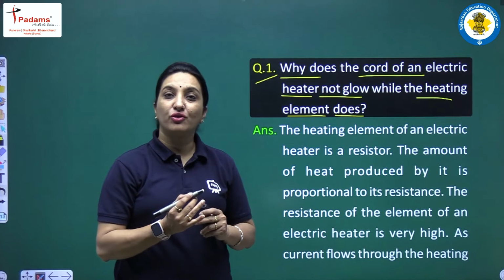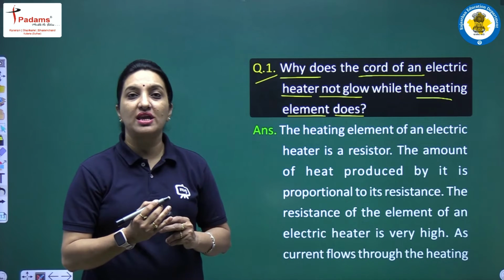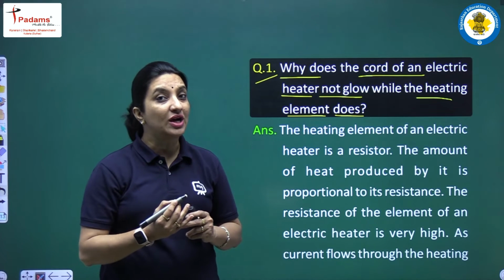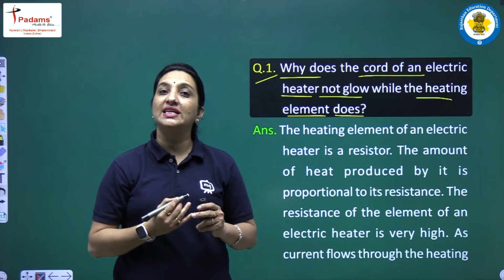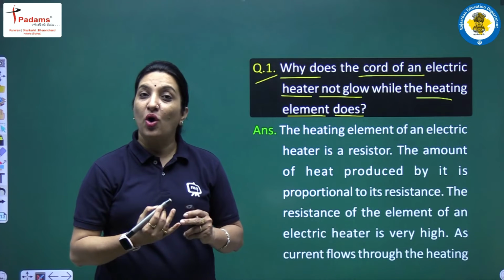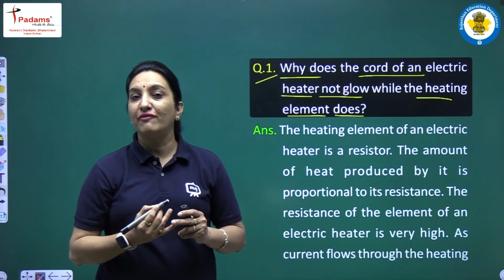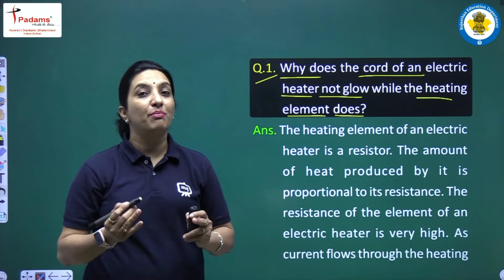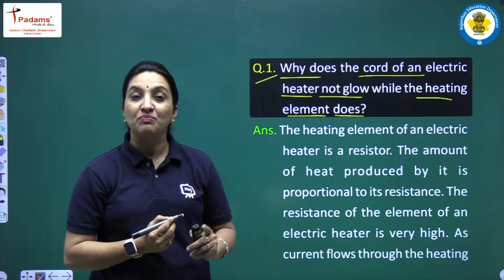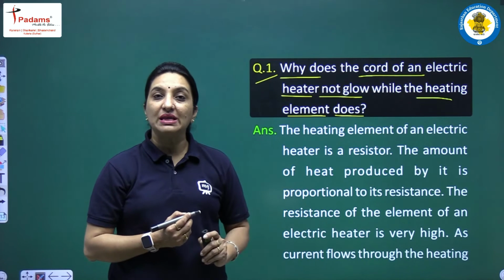जैसे ही करंट फ्लो होती है तो वो मटेरियल जो है उसकी रेजिस्टिविटी हाई होने के कारण उसमें रेजिस्टेंस ज़्यादा होता है, इसलिए उसके अंदर हीटिंग इफेक्ट जो है वो ज़्यादा प्रोड्यूस होता है। और मेल्टिंग पॉइंट बहुत हाई होने के कारण नाइक्रोम जो है वो रेड हॉट तो हो जाता है पर वो मेल्ट नहीं होता। पर जो कनेक्टिंग वायर्स है, जो कि कॉर्ड है, वो जनरली किसकी बनी हुई होती हैं?